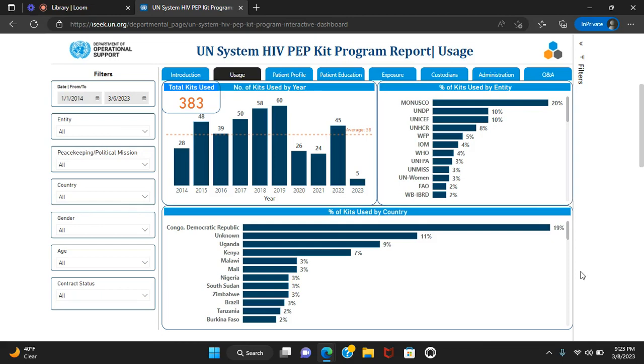The first page on the dashboard provides a snapshot of how many kits have been used by year, by entity, and by country. The information on this page is obtained by the submitted custodian, patient, and physician forms. You can use the calendar and drop-down filters on the left of the screen to obtain the information that meets